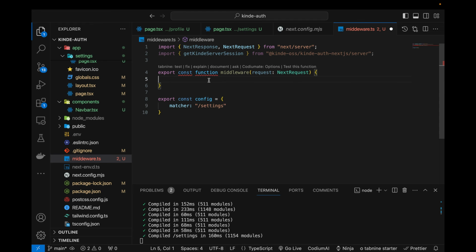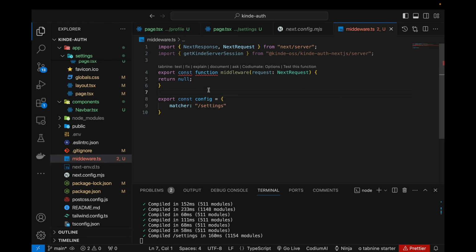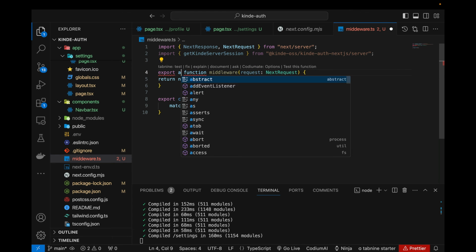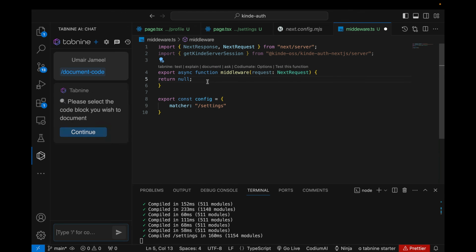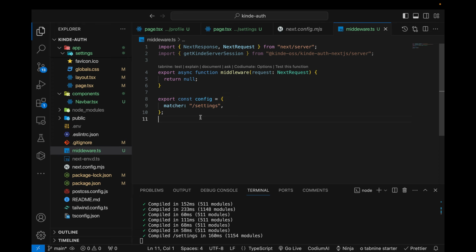All right, it's giving some errors because it is expecting us to return something from within. So if I run return null, it is giving export, actually not const. Let me give it an async. All right, that's fine. So what it does is matcher means that when this middleware needs to be